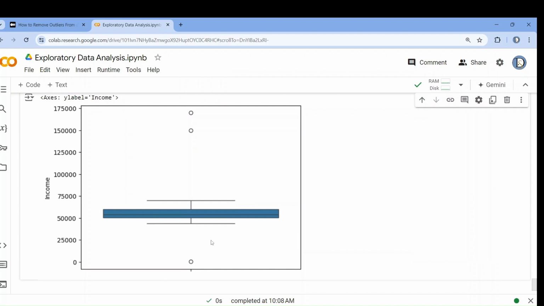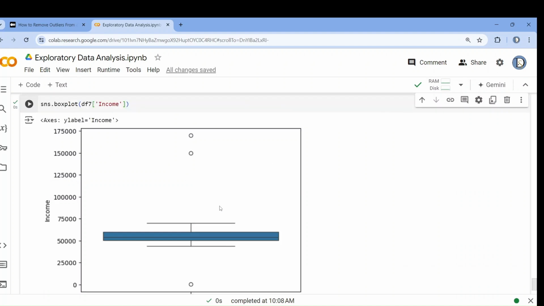See, you can get the 5 number summary. Tell me, this is minimum value. What is this? Maximum value. Q1, this value is Q3. This blue portion is interquartile range. And these are outliers. So our job is done. We have identified the outliers. Now we have to